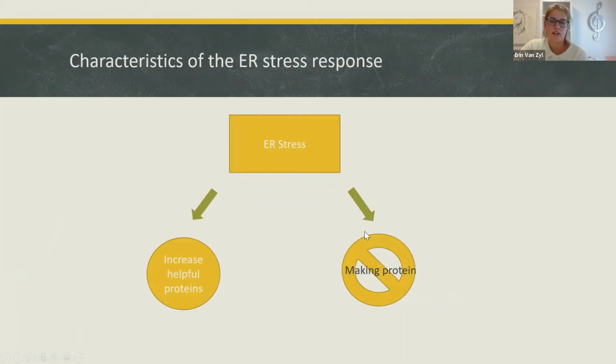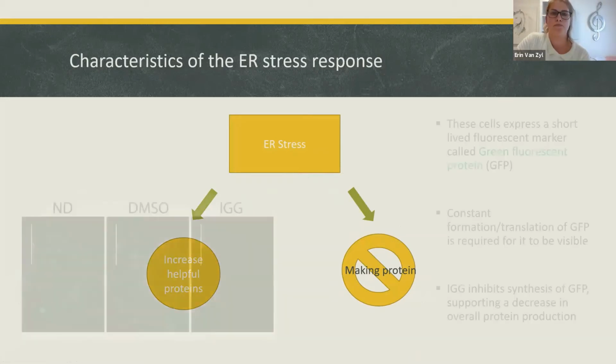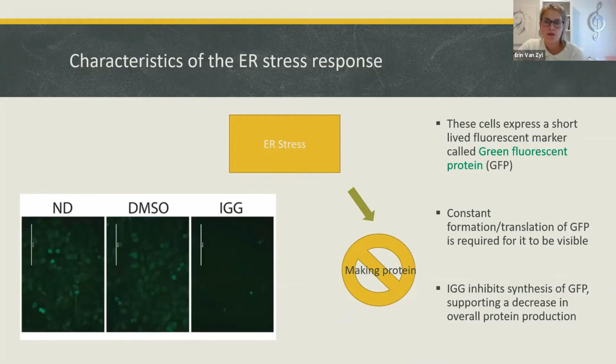So now we can look at the other key characteristic, which is the inhibition of overall protein production. To do this, we used human cells that have been modified to express a very short-lived fluorescent marker called green fluorescent protein, or GFP. So these cells require constant formation or translation of GFP in order for the green to